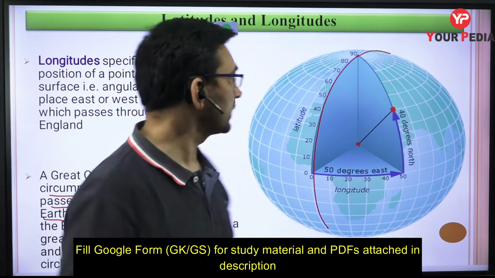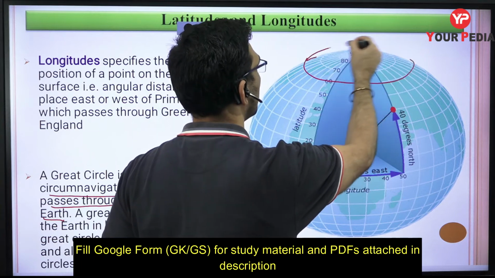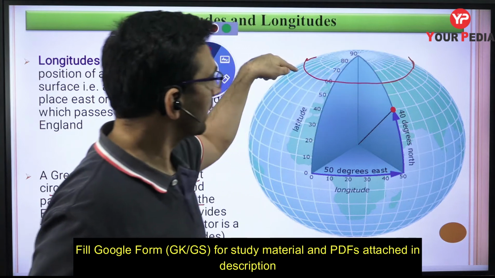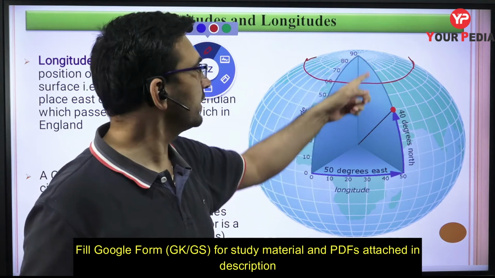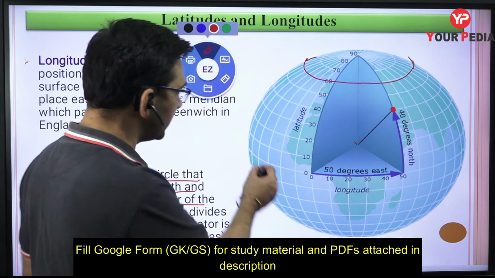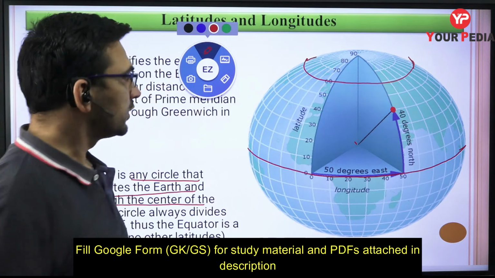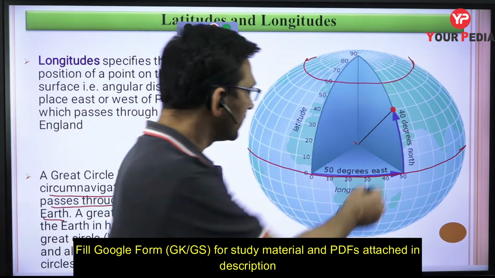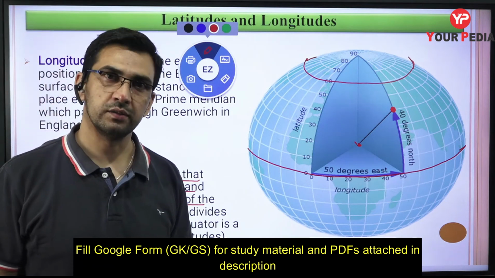First thing is that, for example, if I take this particular parallel, it is going on the back side. So is it going to divide the earth into two halves? No. And the other thing is that this is also not passing through the center of the earth. The center of the earth is over here. But if I take this circle, that is the equator, the whole of the equator, then obviously this circle divides the earth into two parts, but at the same time the center of this circle is also at the center of the earth, right?